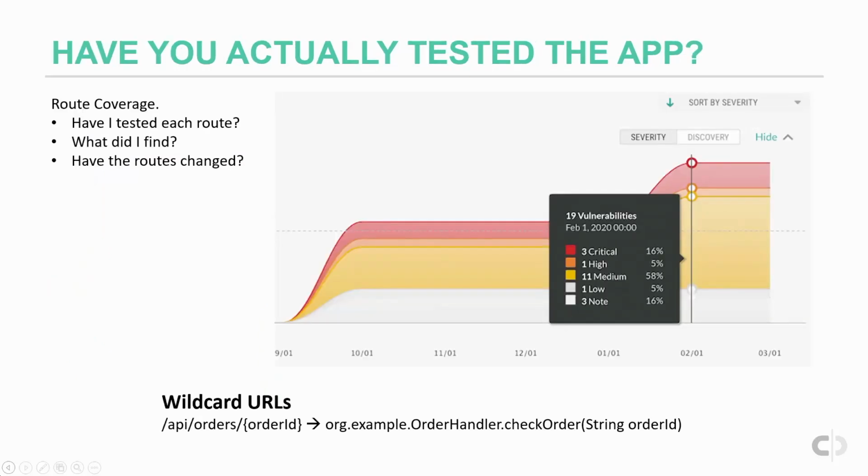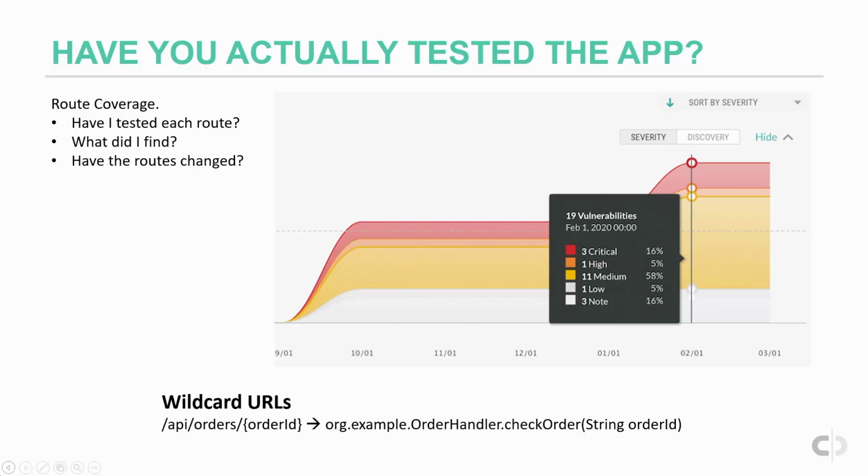There's also a concern of whether I've actually tested the application. One of the ways that Contrast addresses this is the concept of route coverage, which answers a couple of different questions. The first is, what are the publicly accessible API endpoints in this application? And now that I know about these endpoints, have I actually gone through to test them? And if the answer is no, if you've been attacking an application for a long time and it turns out you've only tested 10 out of 19 routes, then you haven't really done a thorough evaluation of an application